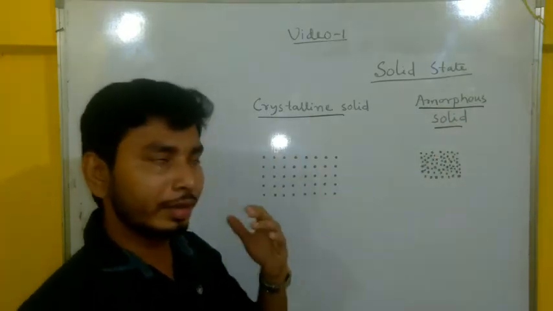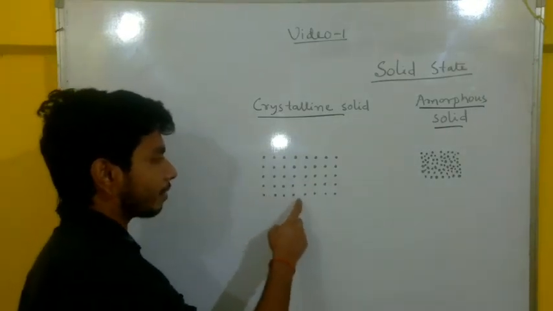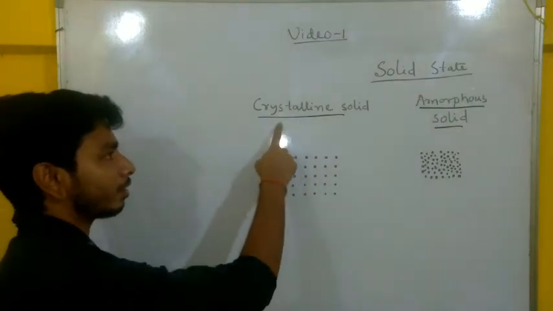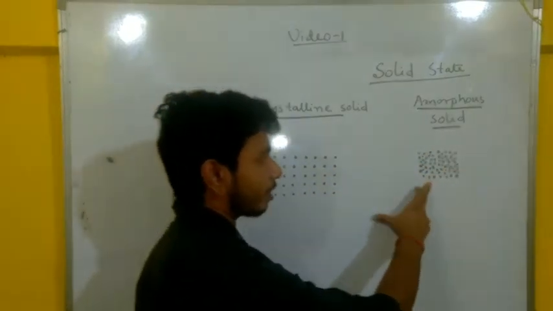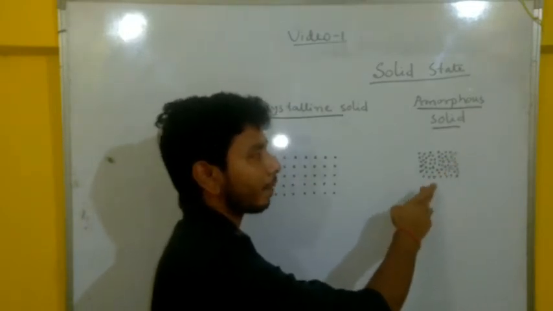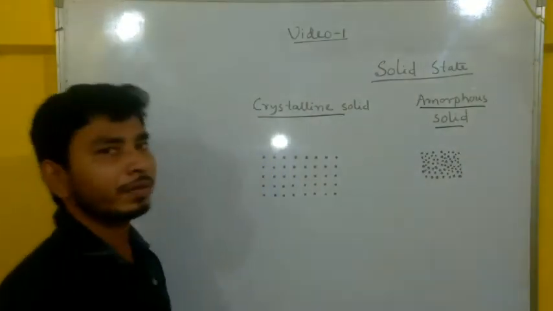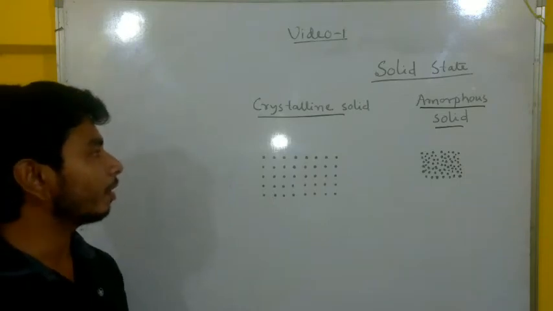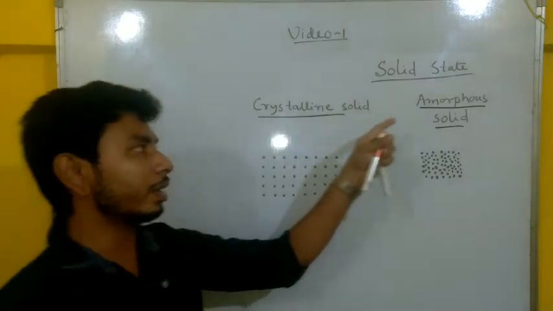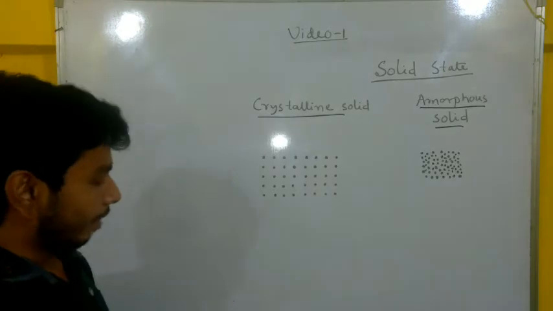So a solid is made up of constituent particles. If there is regular arrangement of the constituent particles, then the solid is known as crystalline solid. And if the particles are distributed randomly, with no regular arrangement of the constituent particles, then the solid is known as amorphous solid. Now, this is one point of difference between crystalline solid and amorphous solid. The second point of difference is that, now, if